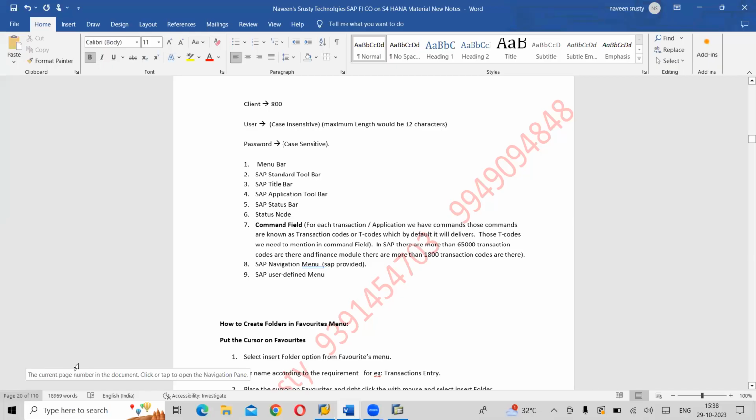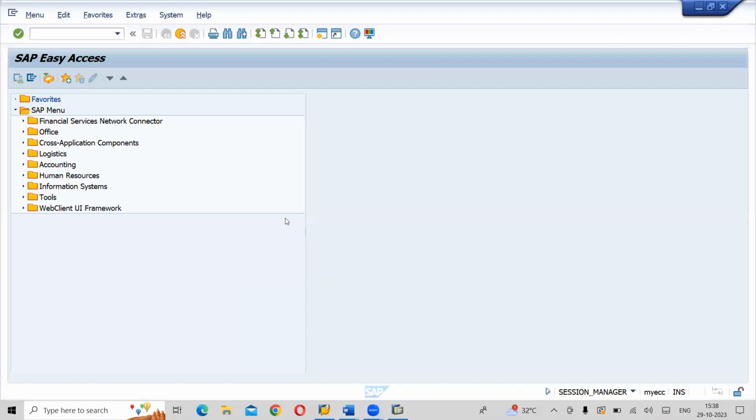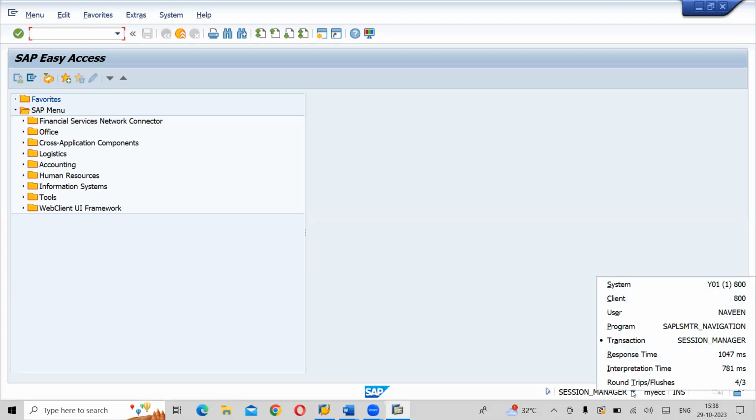Next, we have the status node. This is the session manager. If you click here, it will show you each and every activity: which system we are using, what is the client number, who is the user, which program we are running, what transaction we are doing, the response time, interpretation time, and round trips.